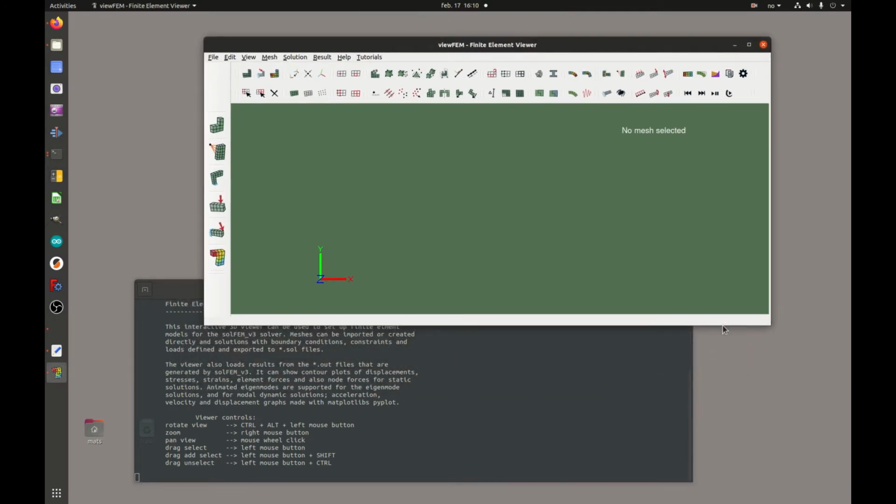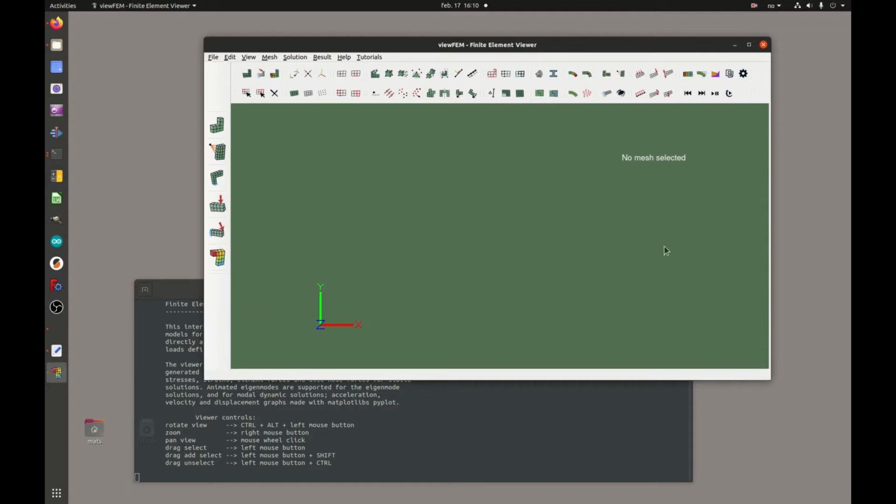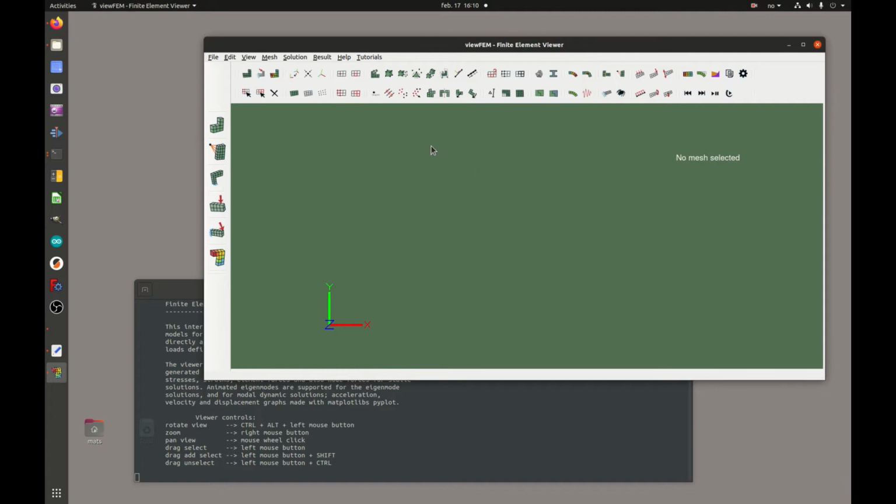So this is going to be a simple bridge example, very basic, just to show how to build it, how the program works. So first we will need a new mesh,